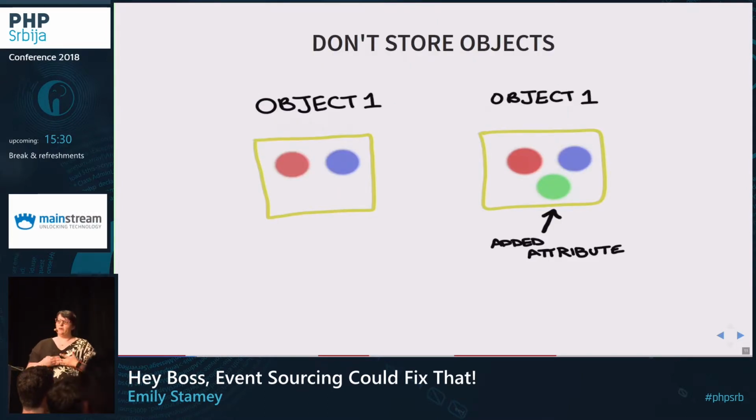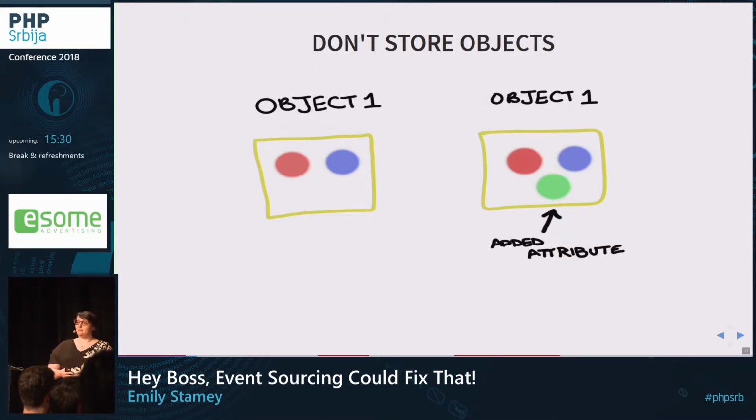I also said that we don't store objects in our events. And part of that is because we want our applications to be flexible for changes. We want to be able to let the behavior of our application evolve the way that they always do.